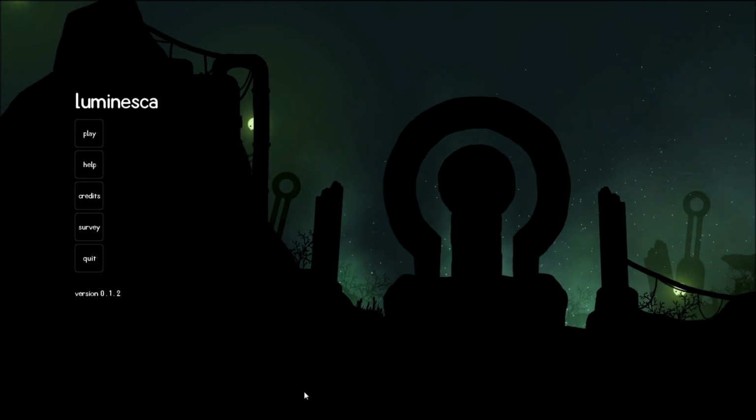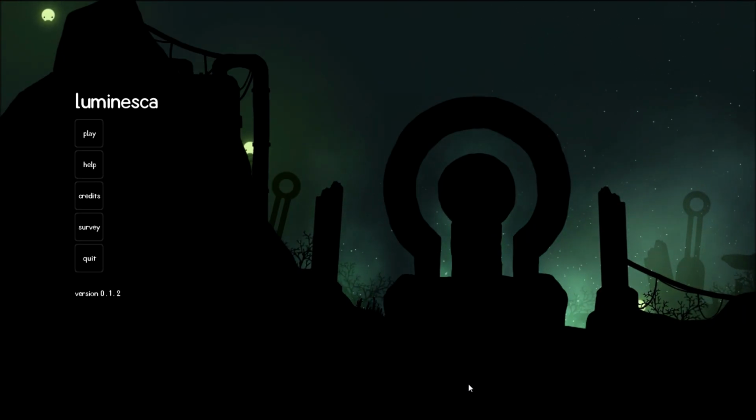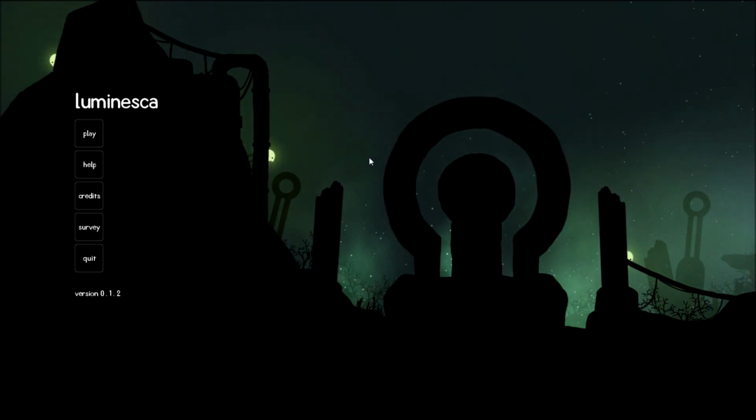Today we're going to be playing some Luminesca, which is a brand new game by Matt Glanville. It's an underwater exploration game with incredibly beautiful graphics. It's in the Unity engine, which is...